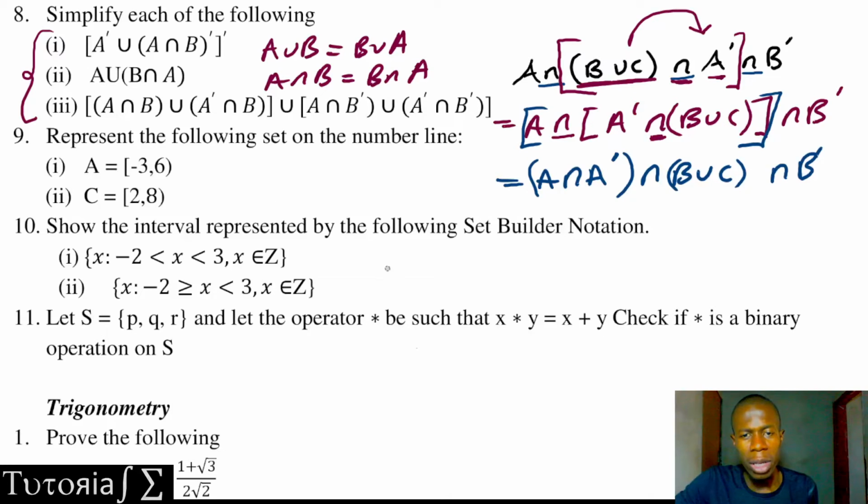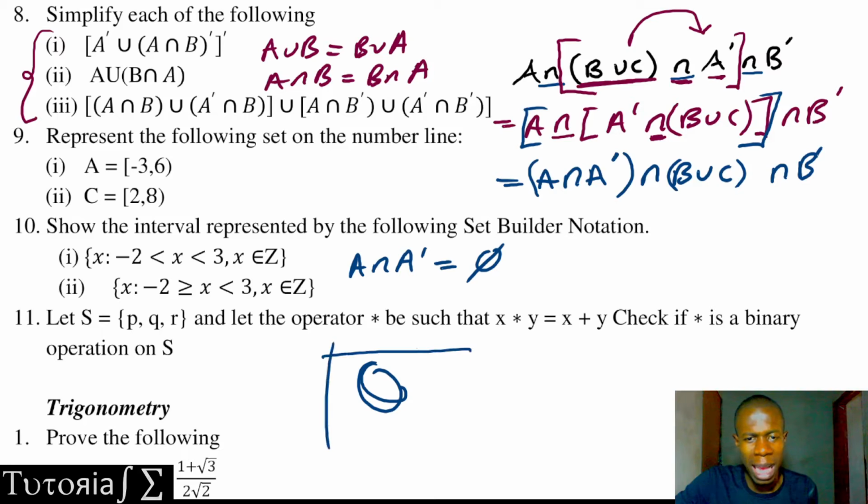Remember from the rules, A intersection A complement is an empty set. What does what is in A and what is outside A have in common? Well, they won't have anything in common. So that is an empty set. So we say empty set intersection B union C